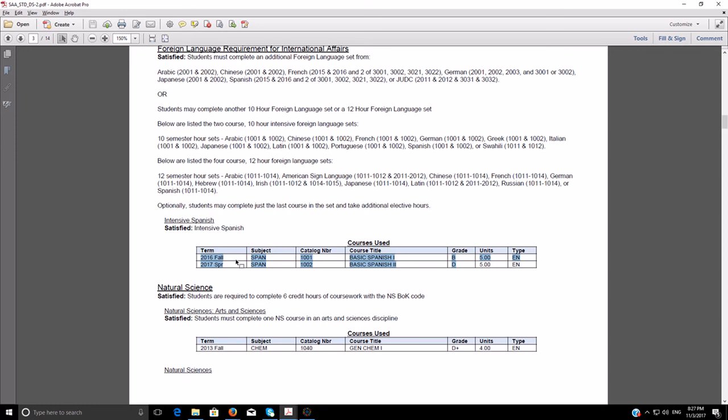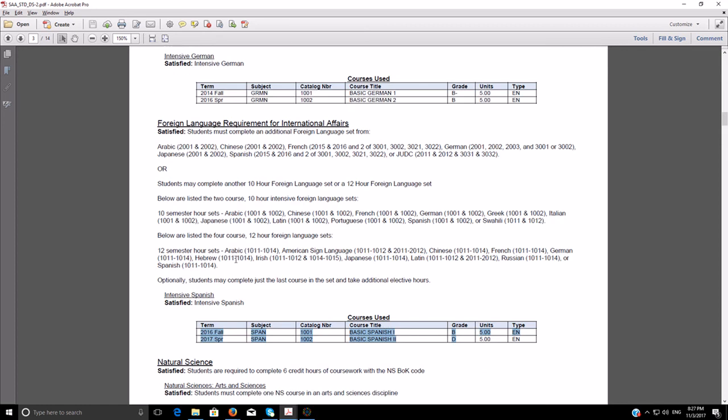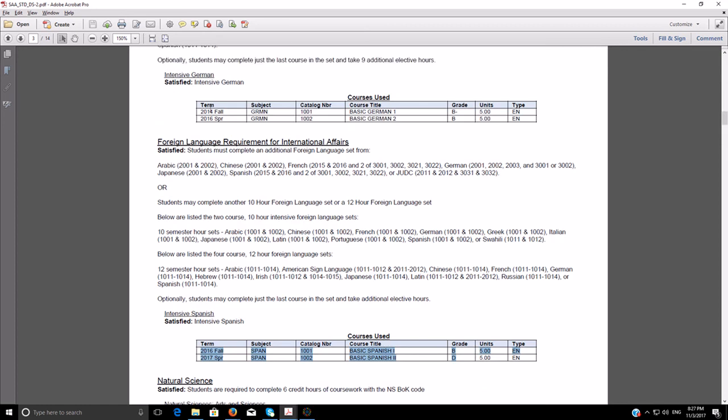By and large, we would recommend, as a rule of thumb, for students to focus on one foreign language, especially if they haven't had a lot of schooling. Like in this case, the student hasn't had much schooling in Spanish or in German. We allow 2 introductory level foreign language requirements courses to be completed, sequences of courses to be completed for 20 credit hours total. 10 apply toward the general education and 10 toward the major requirement,